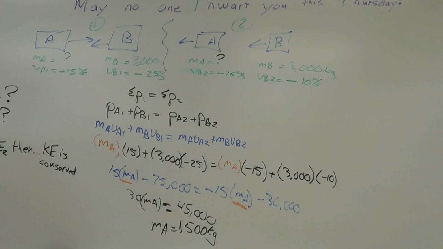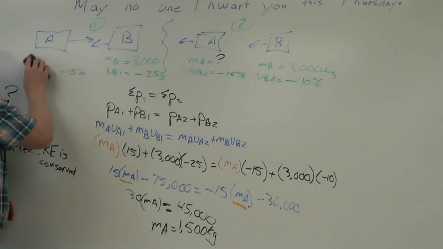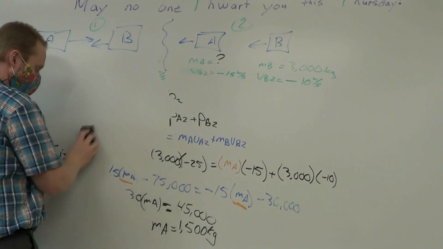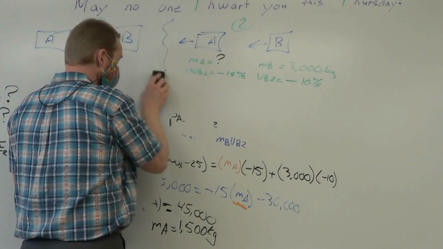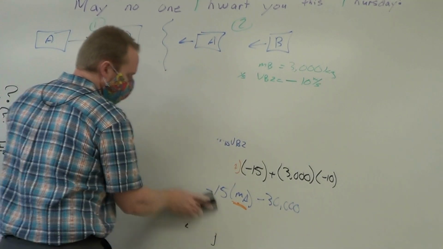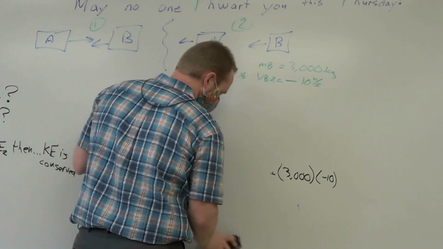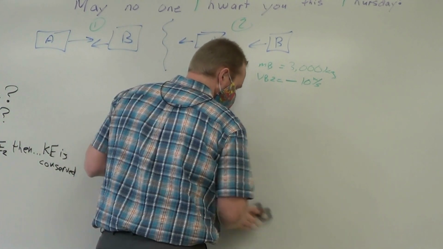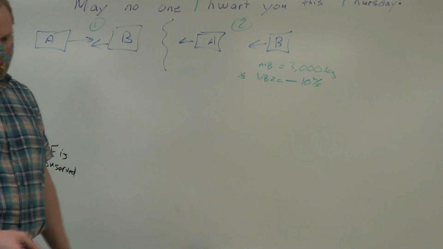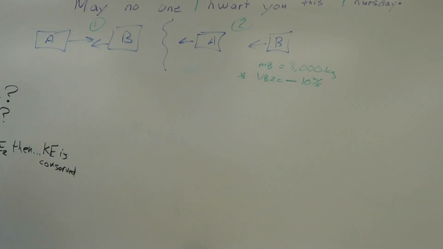That's the idea. So if we take a look at the problem on the back, it's similar to the problem I'm erasing right now from the standpoint that the objects start apart and they end apart. So we have object A moving towards object B. They start apart. After the collision, they end apart. Object A and B are moving separately. So there are two objects that slide along a frictionless string. Ball A,